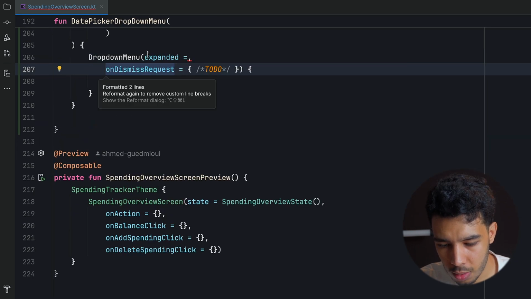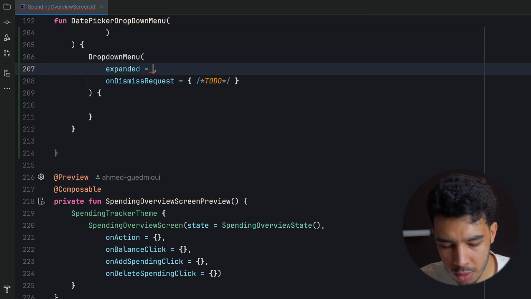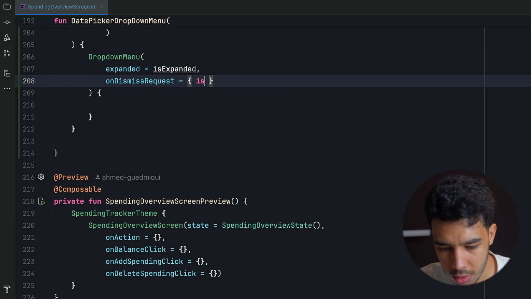So we have that inside this box, and then we can now create our drop down menu. Format this like this because I don't think it looks good. Of course, expanded is is expanded, and on dismiss request, that is going to be is expanded equals false, which means it's just no longer expanded. We want to also give it a modifier